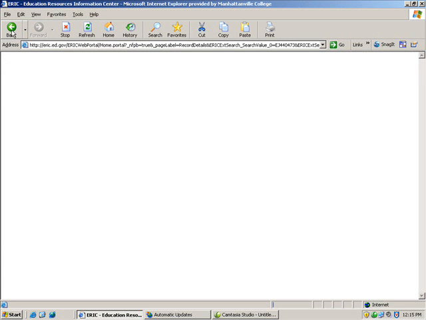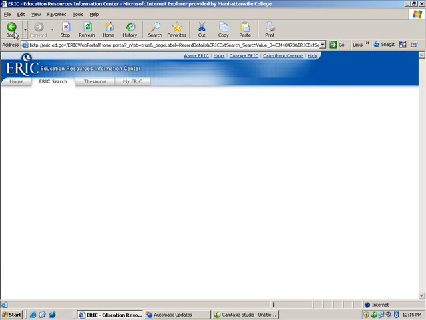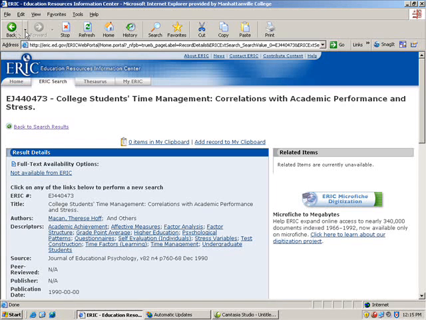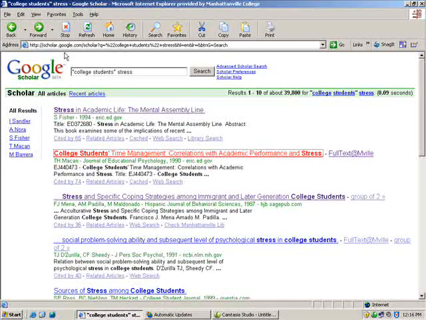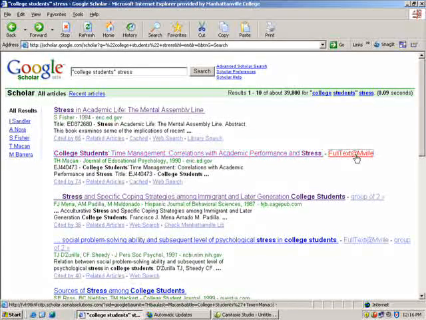Whoops, if this happens to you and it's not going to take you back, what you're going to do is click on the drop-down arrow of the back button, and you'll see that there is a link to college student stress in Google Scholar. It's going to take us back to our results page. So click that and we will go back to our results page. Now, because we have a link that says full text at Manhattanville, we're going to click on that link, full text MVille,